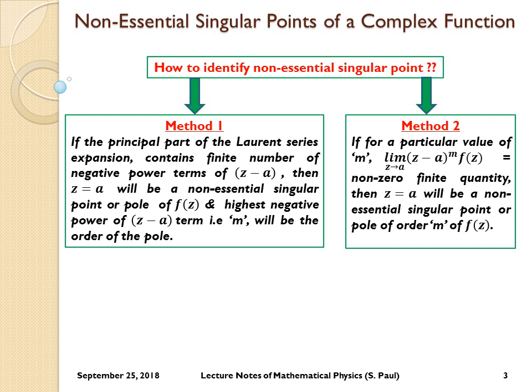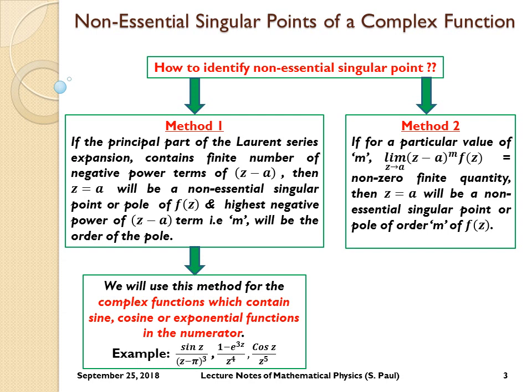Now the obvious question that comes to our mind is that there are infinite number of functions for which we may have to identify non-essential singular points. So, which method should we use for a given complex function? When you solve some problems on this topic, you will automatically understand that we should use method 1 when the complex function contains sine, cosine or exponential functions in the numerator. Some examples are given for clarity purposes,